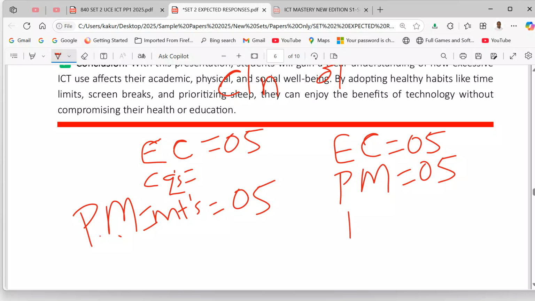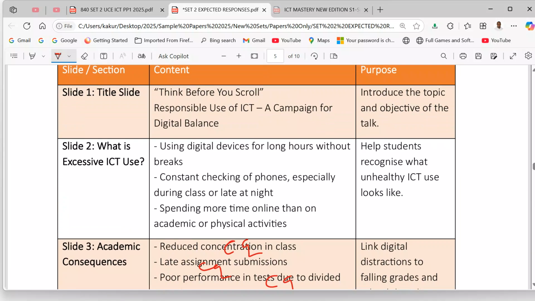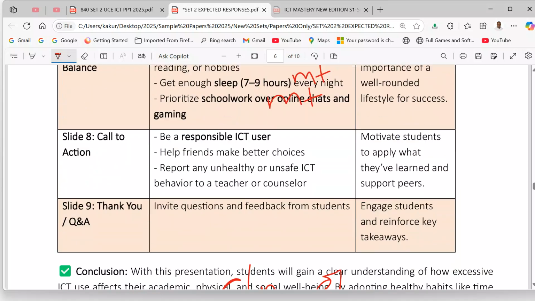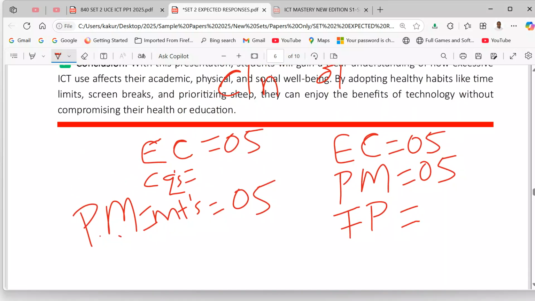Format of the document, this is FP, format of the presentation, where we had introduction. The format of the presentation, we have seen how it flows from slide 1, where the runner introduced, up to slide 9, where he has Q and A. The format of the presentation, 3, and total 13